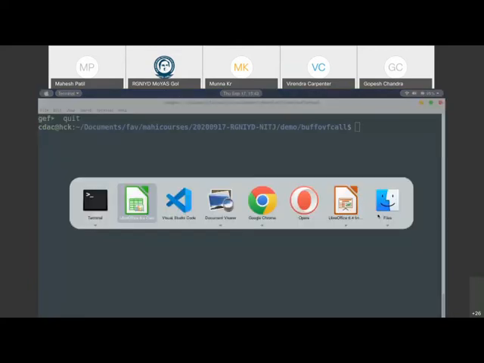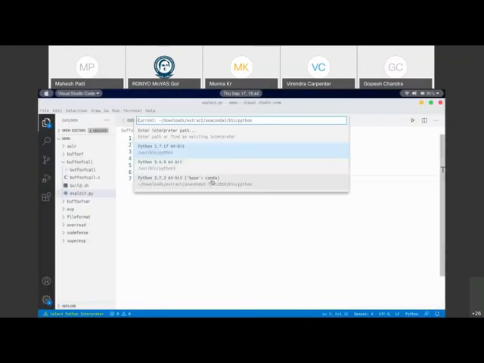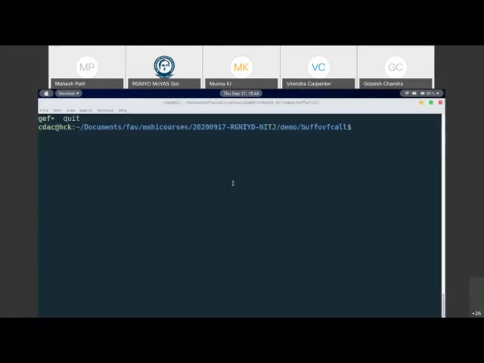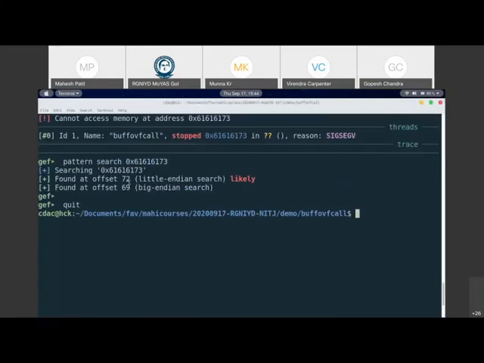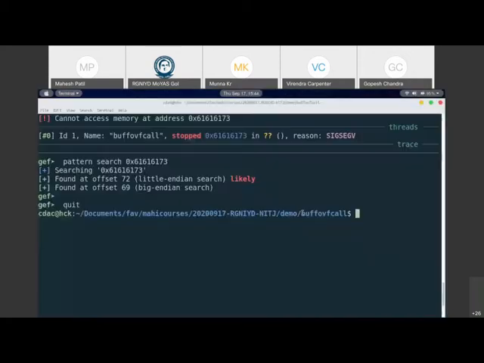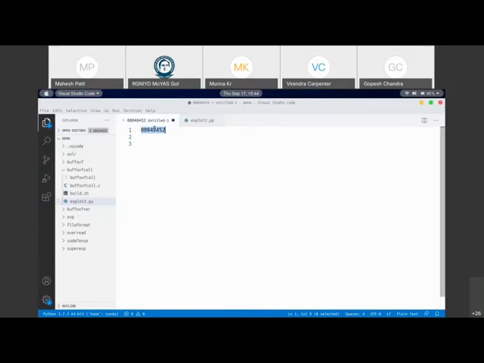For that, what I've done here is I've written a small program in Python actually. If you look at this program, what it typically does is it takes a bunch of A characters, which is 72 in size. If you remember, our offset was 72 in size. So we are creating a bunch of A followed by an address. Now this address should be the address of our function where the secret is lying. So where is the secret function lying? You see, this is where we found it, right? So what we'll do is we'll replace that address with this.